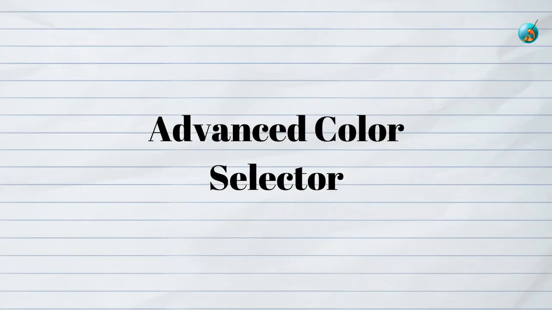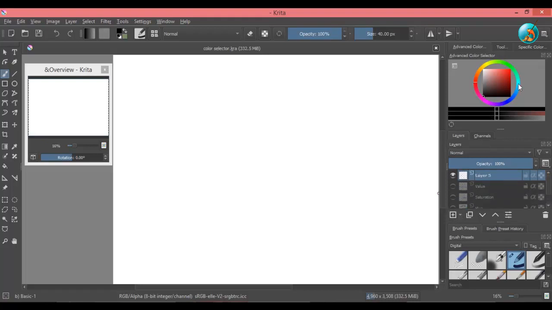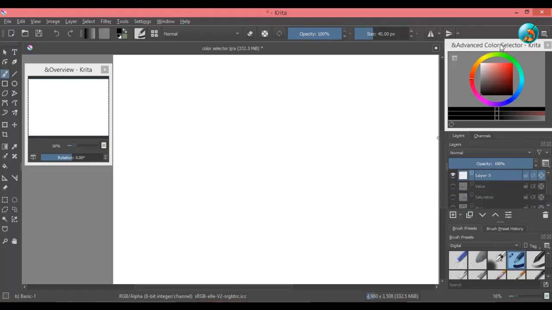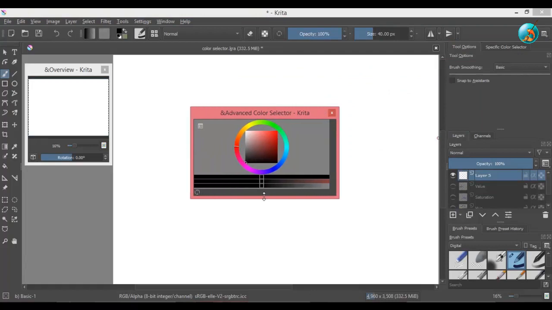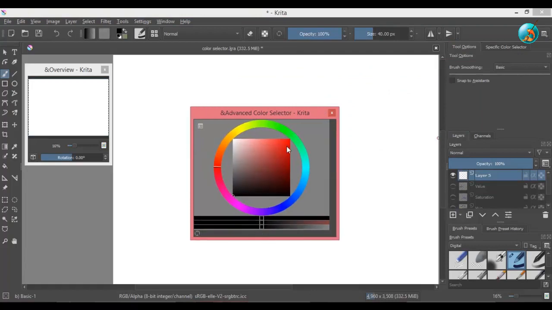Now let's see where these elements exist on the color selector. I will just bring this out and make it larger so it is easier to see. So if you take a look at the color selector, you will see that it has two parts. One is the square and the other is the ring around it. This is the hue ring.